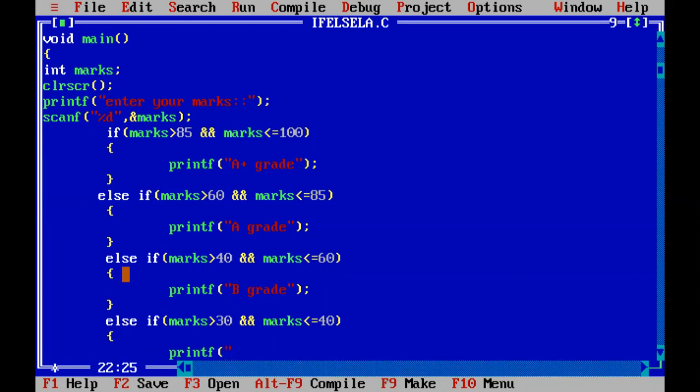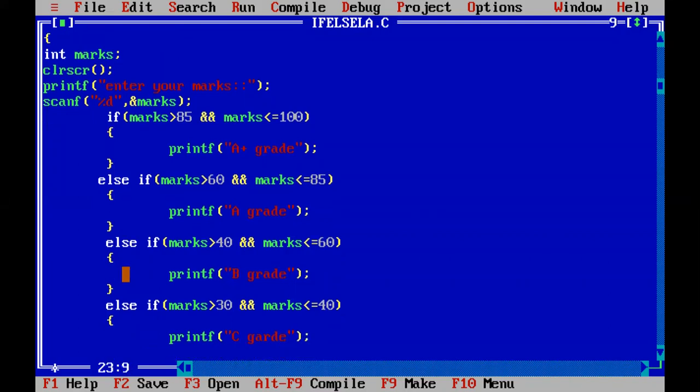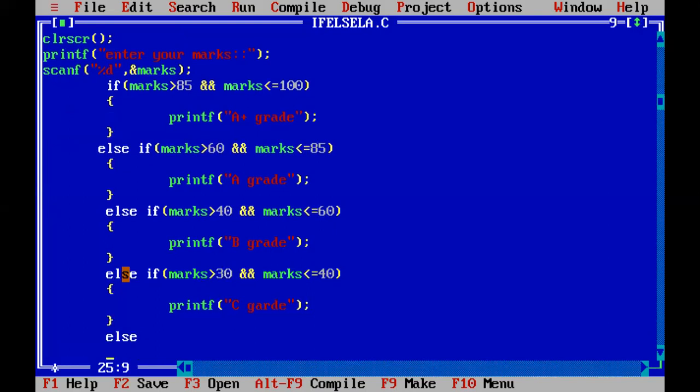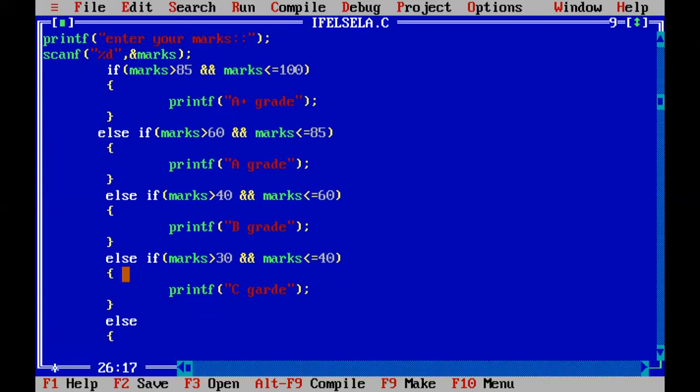Printf C grade. I'm closing the else if, then else. Then we need to write the last part, else. Printf fail.